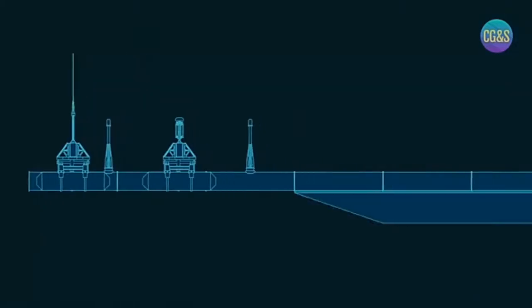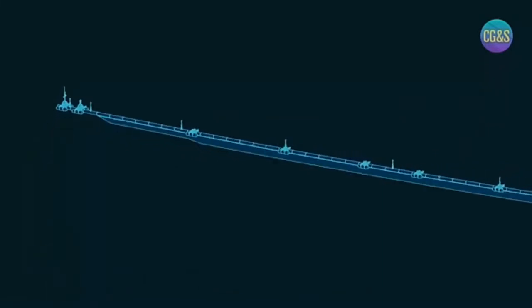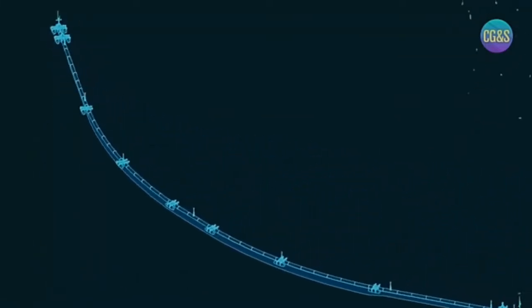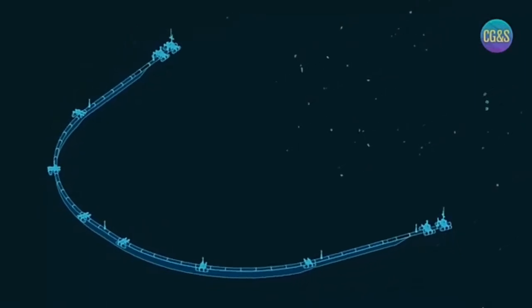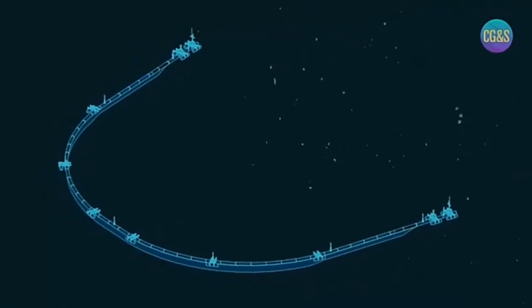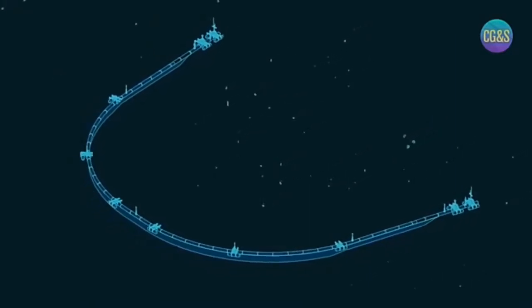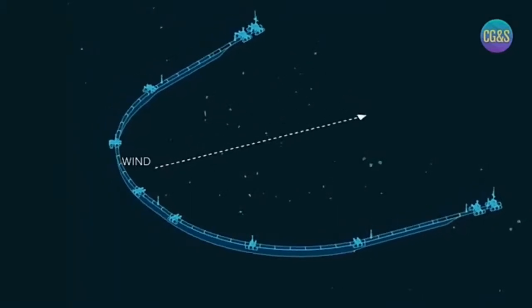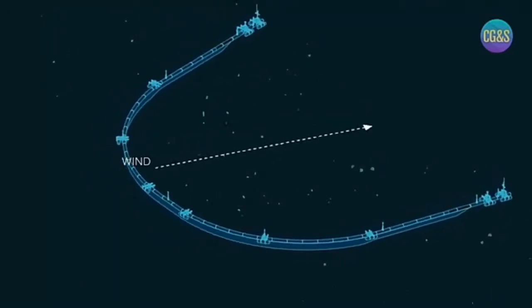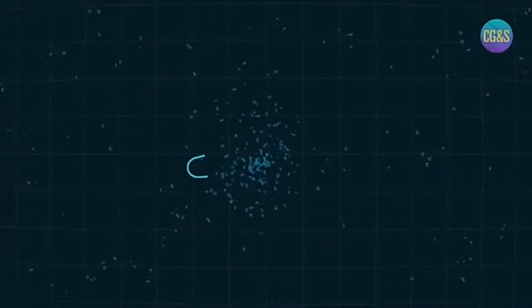The skirt extends deeper in the middle of the system than on the outer edges. As the current applies pressure on the skirt, the system naturally adopts a U shape, which enables it to concentrate plastic in its center, like a funnel. The drag generated by the skirt also acts as a stabilizing force, allowing the system to reorient itself when the wind changes direction. And because the system, like the plastic, is free-floating, it automatically drifts to the areas with the